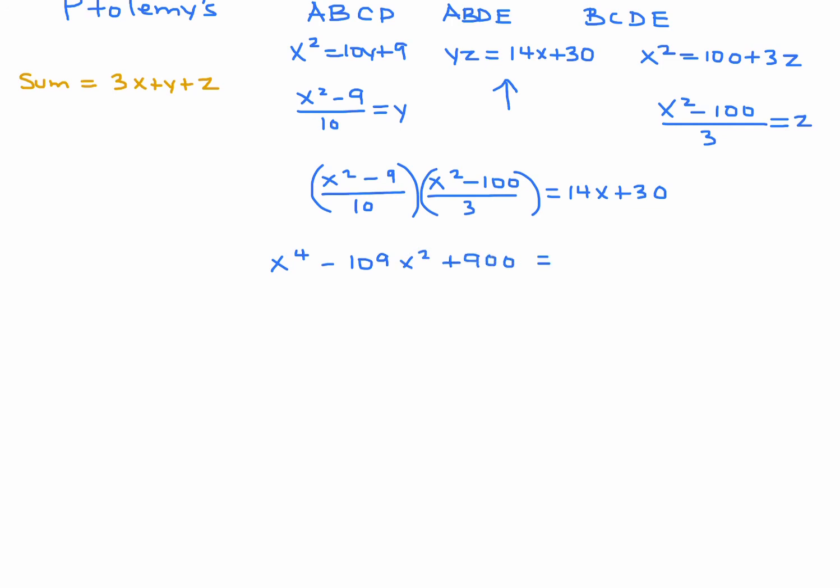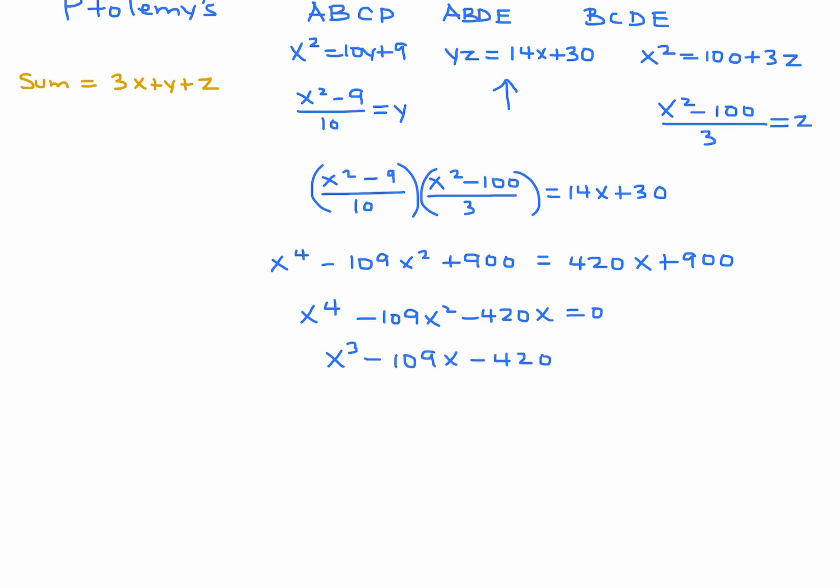And cross multiply and you get 420x plus 900. Put everything on one side and you get x to the power of 4 minus 109x squared minus 420x is equal to 0. Divide through by x and you get x to the power of 3 minus 109x minus 420 is equal to 0. Now at this point we have to factor, and when you do, you get the following: